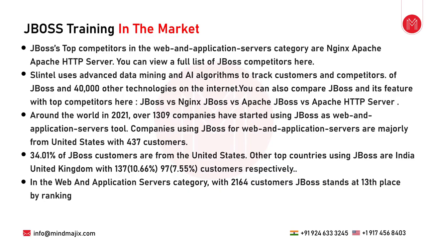So if you need a web server like a front end, then JBoss must be there. You can also compare JBoss with its top competitors here. If we go for the front end like Nginx, then they need JBoss. If you go for Apache, they need JBoss. If you go to an HTTP server, they need JBoss. Around the world in 2021, over 1309 companies have started using JBoss as a web and application server